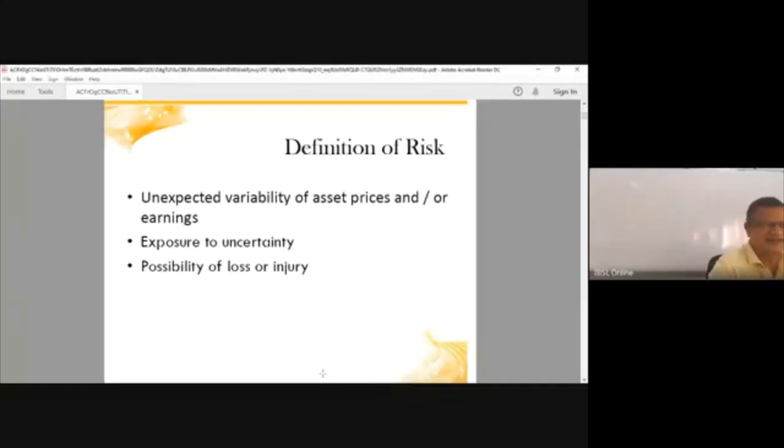on an asset and the price of that asset varies with the market conditions, and as a result your earnings will go down, then you have been subject to the risk involved in that particular investment. So risk has various definitions. Where credit is concerned, you know what is credit. Credit is